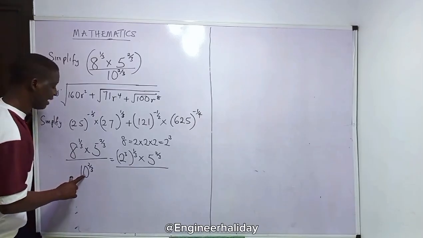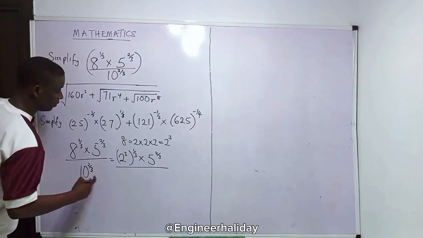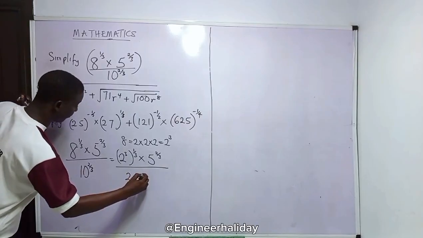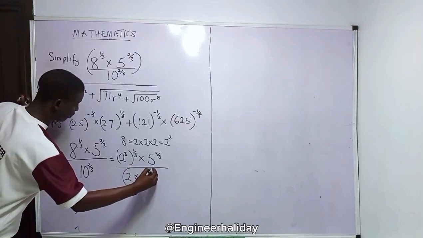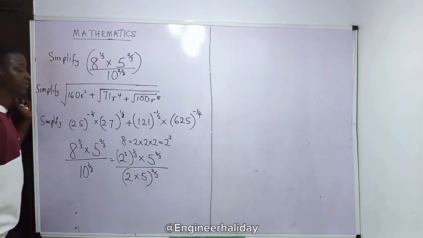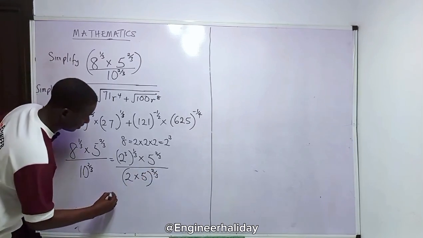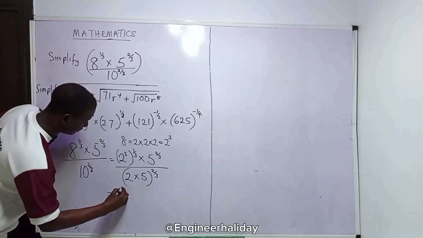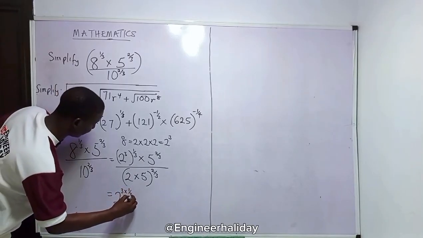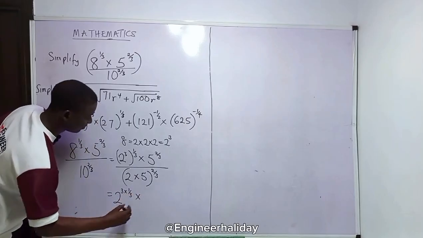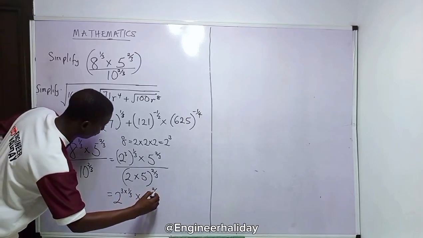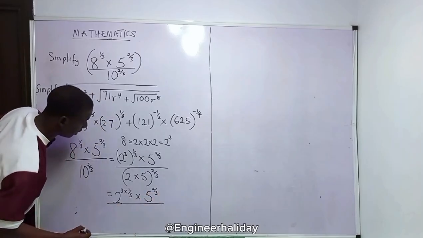Now let's break 10 into 2 times 5, all raised to power 2/3. So what do we have now? 2 raised to power 3 times 1/3, times 5 raised to power 2/3, all over